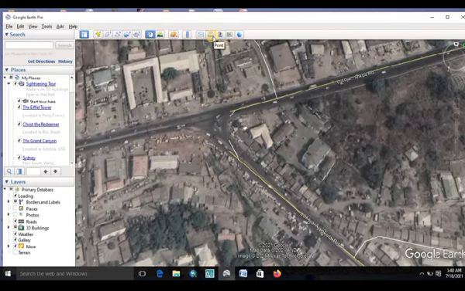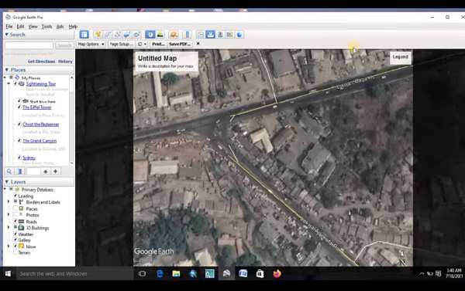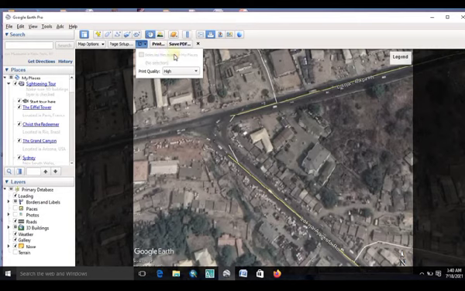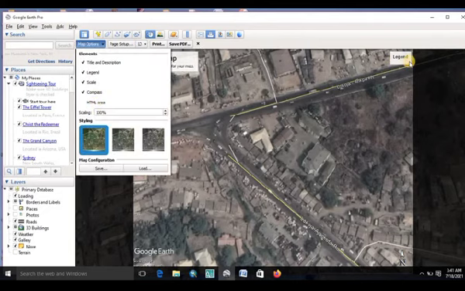Then you have the print. Maybe this is a particular place that you want to save the imagery of from the Google Earth software. If you have your printer connected to your system directly, you can click on this print and print your image directly from here. You can print it, and you can even save it as a PDF. You can do your page setup here to determine which type of paper you want to use, either low, medium, and all of that. On this map option, you can determine the things that you want to be on the map, like the legend. You can give it your own description, like the scale, the orientation, and all of that. You can leave it or